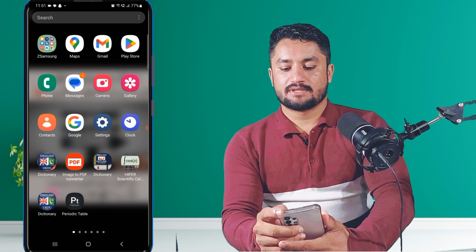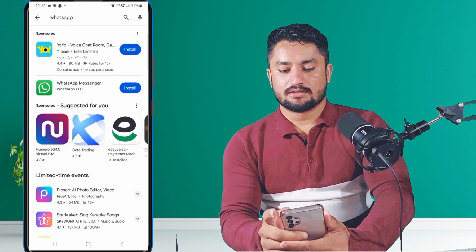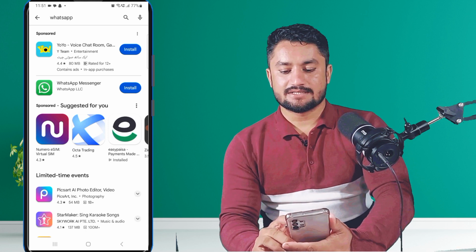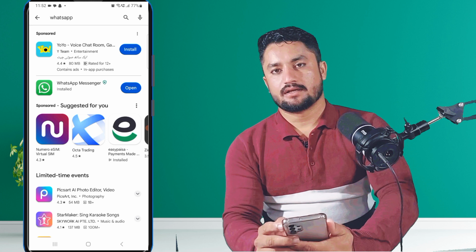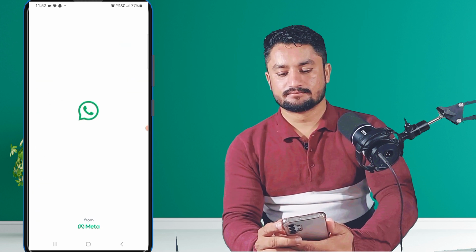Firstly, open the Play Store and then click right here WhatsApp and then install the WhatsApp. After installing, open the WhatsApp